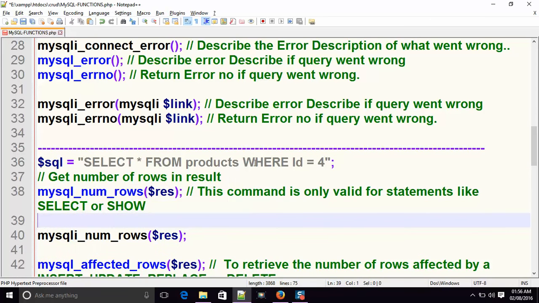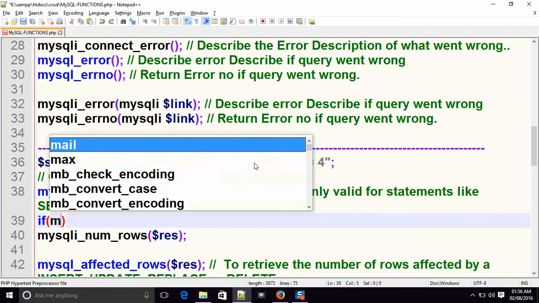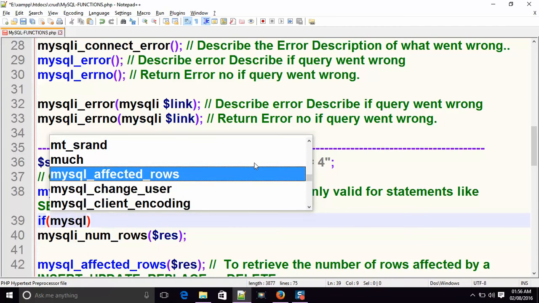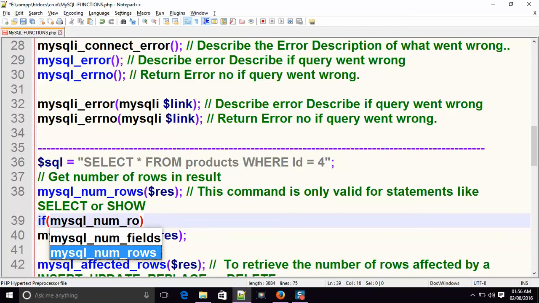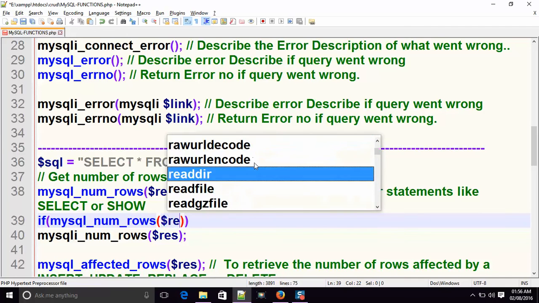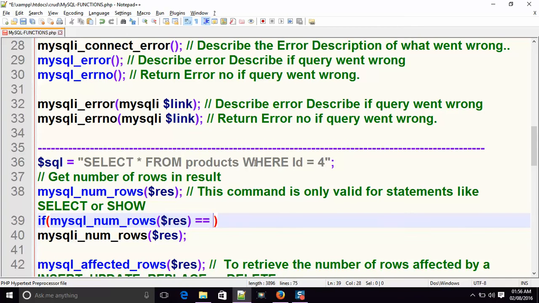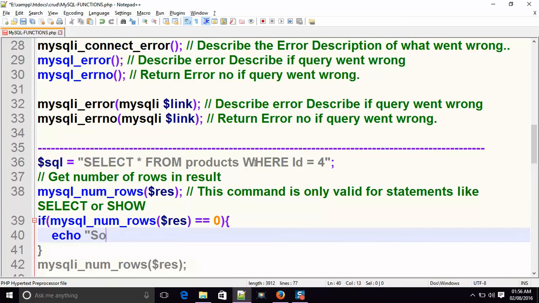So to check whether any products are available or not, I can use this function. For an instant understanding, I'm going to say if mysql_num_rows of $res is equal to 0, I'm going to write echo: sorry, but the products you are trying to search are not available yet,